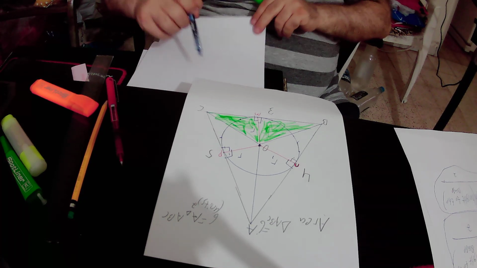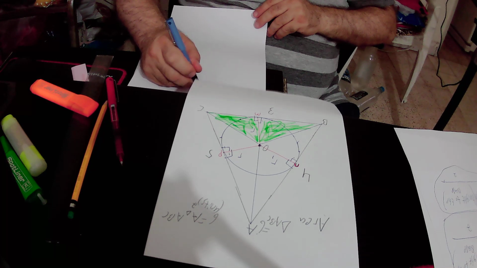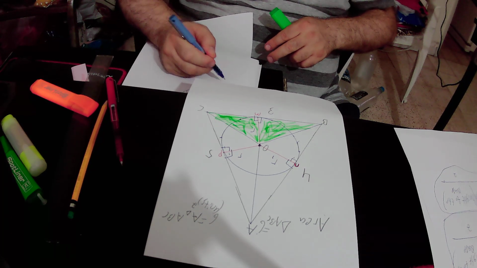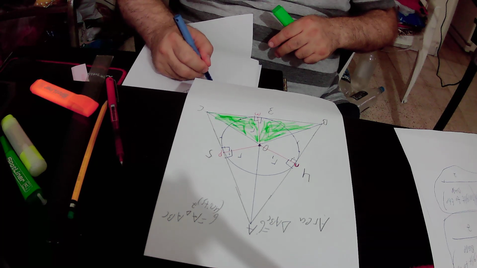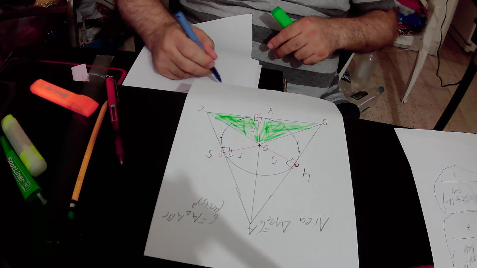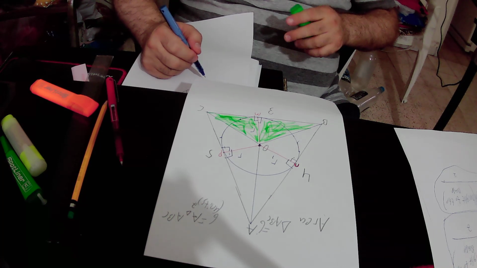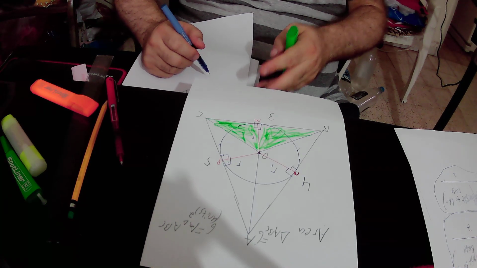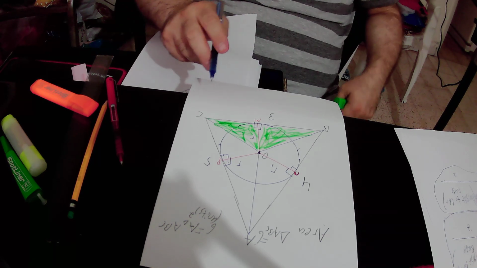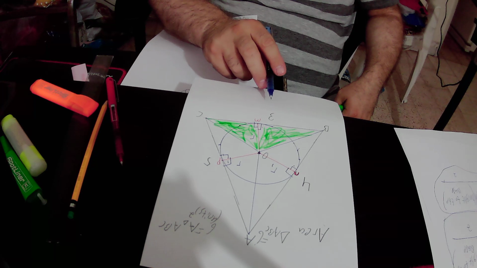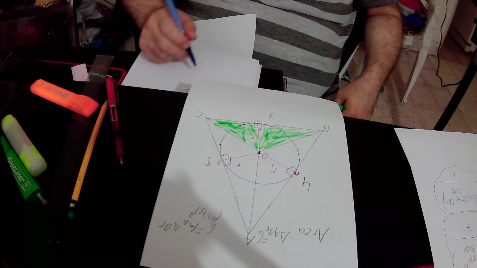So the area of triangle BOC will be equal to the base of the triangle. The base of the green triangle equals 3 units